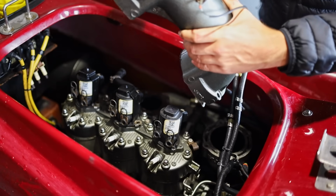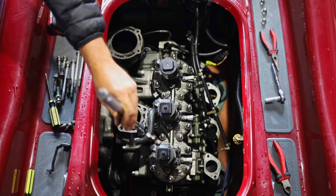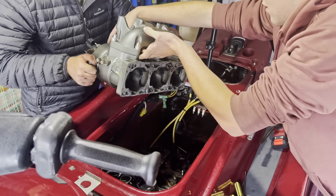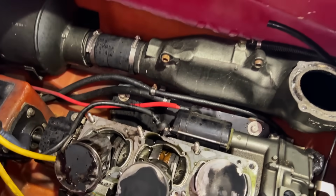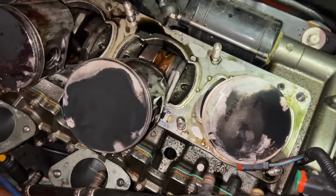So after removing the ignition leads and fuel lines, throttle bodies and exhaust, the block came right out, leaving the 3 cylinders behind. Well, we've definitely figured out what's wrong. So cylinder 1 and 2, a little bit black, but they're perfectly fine. And then cylinder 3,